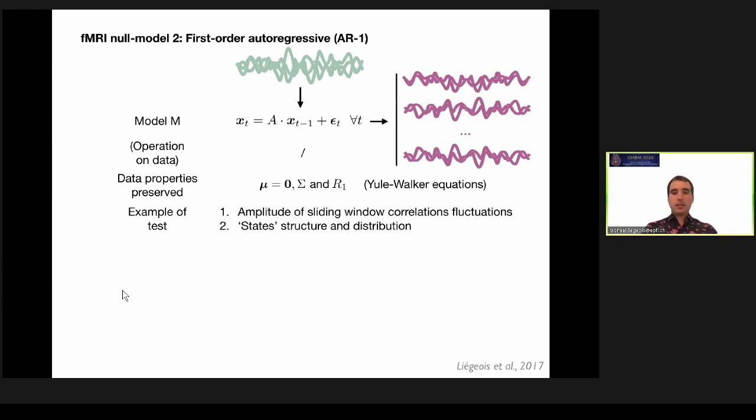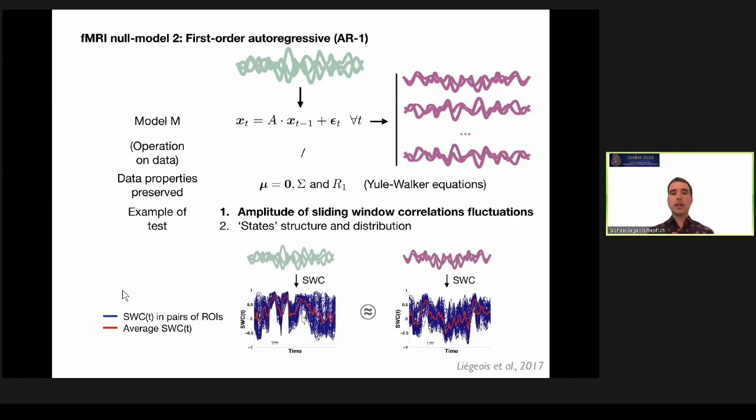An example of a test here could be examining the amplitude of sliding window correlation fluctuations, or we could identify, let's say, 5 states in the original and surrogate data and compare the transition probabilities between the states in original and surrogate, and use this as a metric to test the null model. So the first point is something that we did in this paper, and essentially what we found is that it's not that easy to reject this null model and to find a statistical difference between the amplitude of the